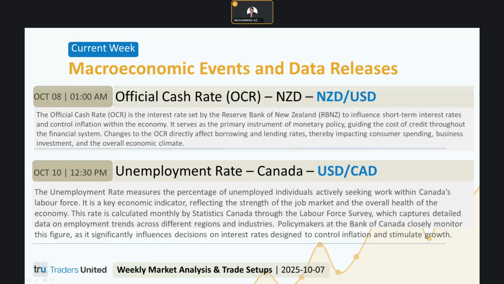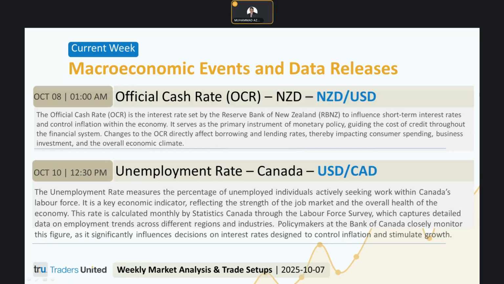The dovish delivery scenario, a cut to 2.75 with soft guidance, means NZD USD becomes bearish and confirms the easing cycle is on, but the forex market reaction may be muted unless it's exceptionally dovish. The hawkish surprise scenario would be to hold the OCR rate at 3% or cut with a firm stance. The NZD again becomes bullish in this scenario, and this would catch the forex market heavily offsides, leading to a sharp and rapid NZD appreciation.